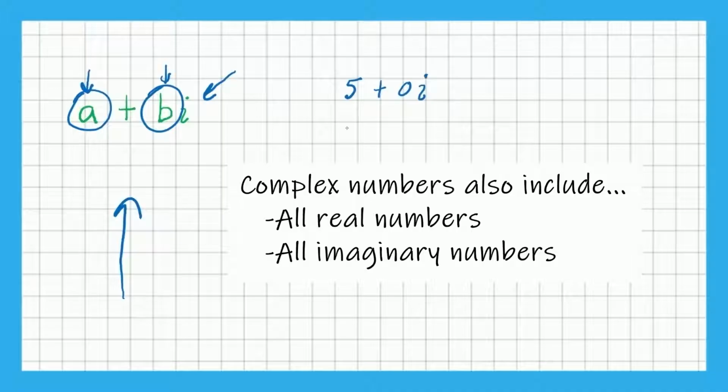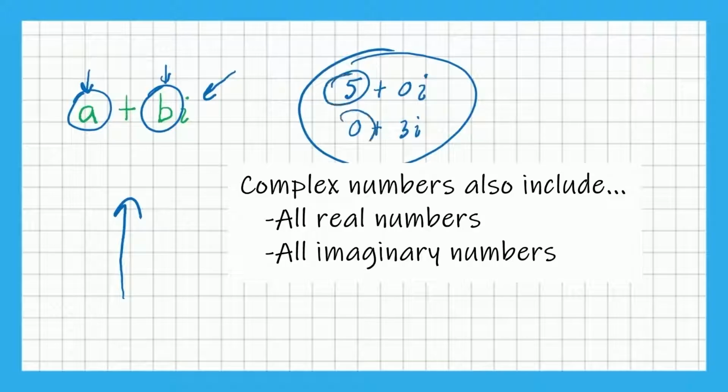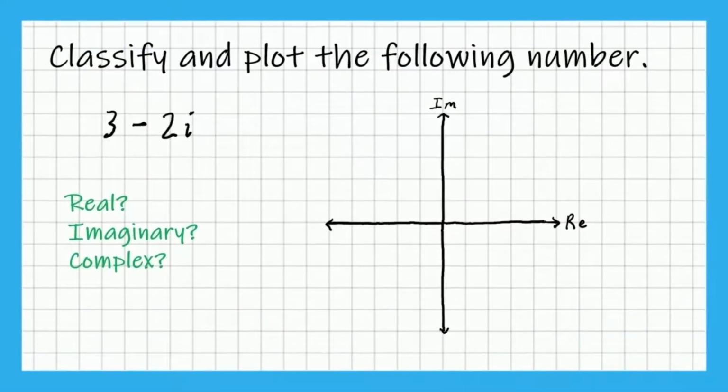In the same way, if we had something like 3i, this is both imaginary and complex because we could write it as 0 plus 3i. So in these two examples, a is 5 and a is 0, and b is 0 and b is 3. So we need to classify and plot the following number, and in this case we have 3 minus